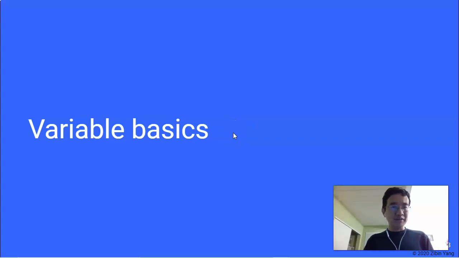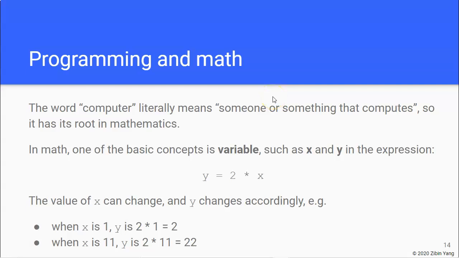Hi, in this video we're going to talk about the basics of variables. Now, the word computer has the root of compute, right? And it literally means it's someone or something that computes. So computers and programming in general have their roots in mathematics. And actually, the first computers were built to automate some of the more tedious mathematical